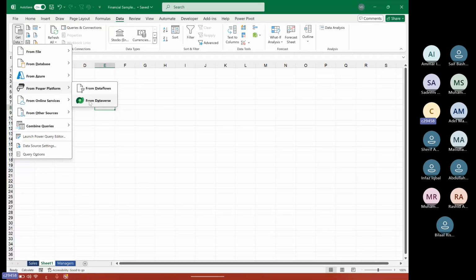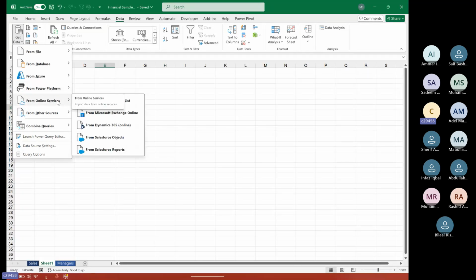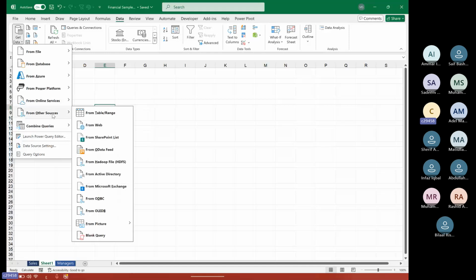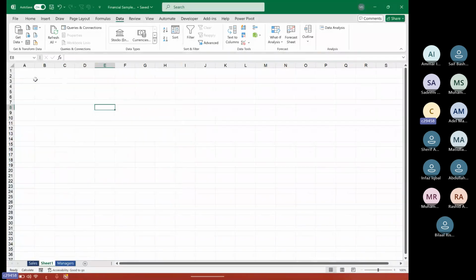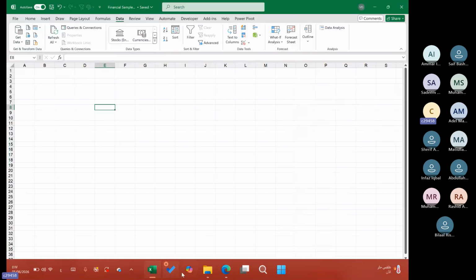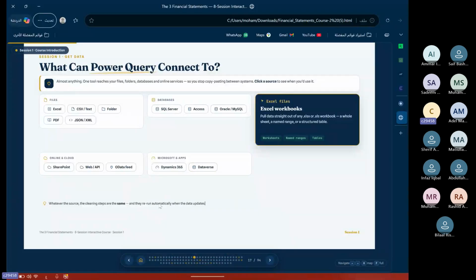I mean, everyone will use this. If you have any online service, as we said, SharePoint, you have everything here. You can load the data to Power Query from anywhere. So this is what Power Query can connect to: approximately everything.